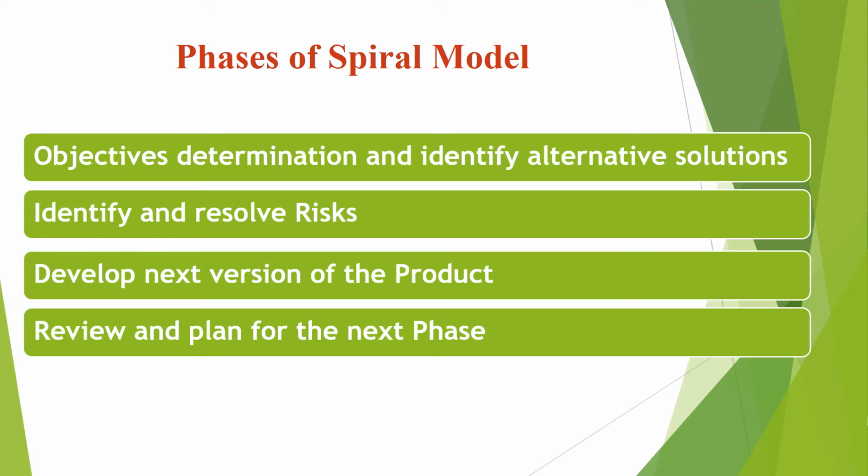In this phase, the different strategies that resolve uncertainties and risk. This process may include activities like benchmarking and simulation, etc. Then the last phase, that is the review and plan for the next phase. Finally, in this phase, the project is reviewed and a choice is made whether to continue with a further period of the spiral. If it is determined to continue, then plans are drawn up for the next step of